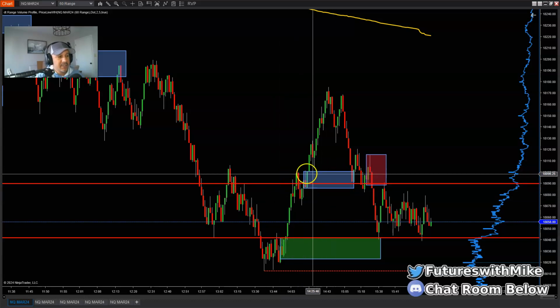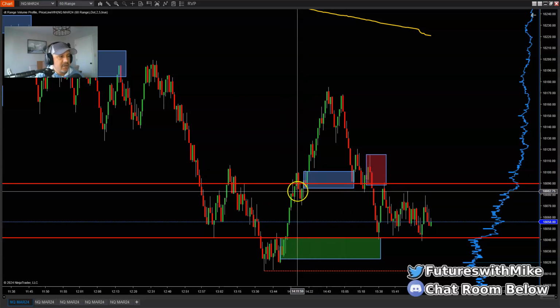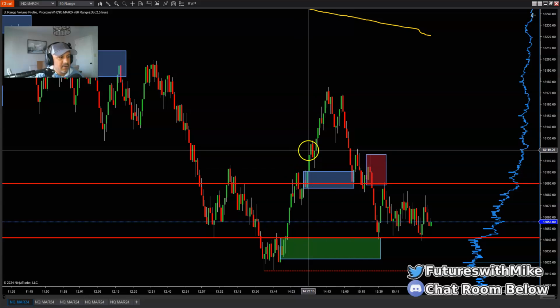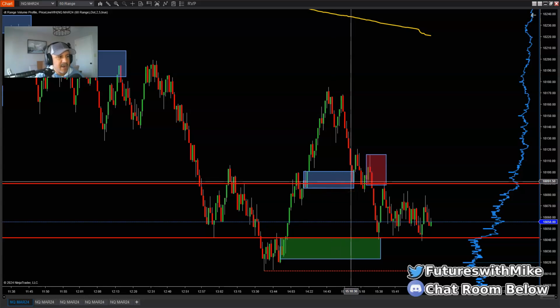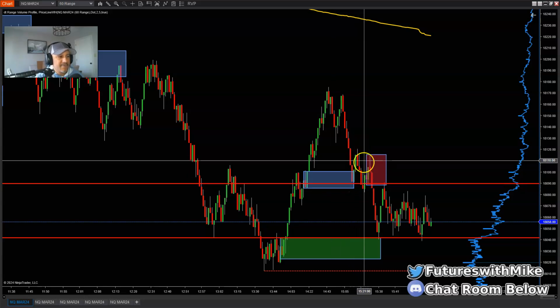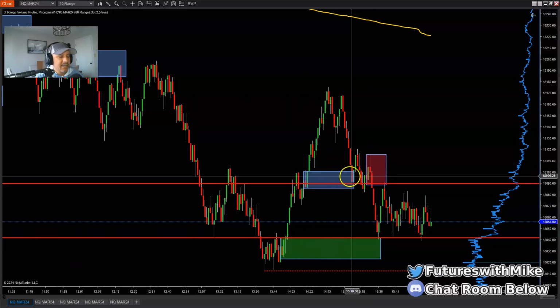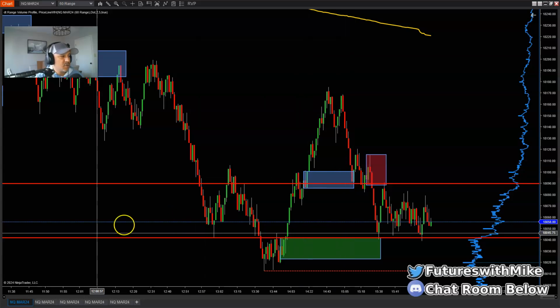Of course, I marked this zone right here. Why? Because when the market was pushing higher here, it created another structural break to the upside, where there was a demand opportunity right here. The market comes back to it, but it reacts right here. You see that, right? And it didn't last long before it started folding back to the downside. You have to understand that the market didn't hold up long after pulling back to this zone right here.